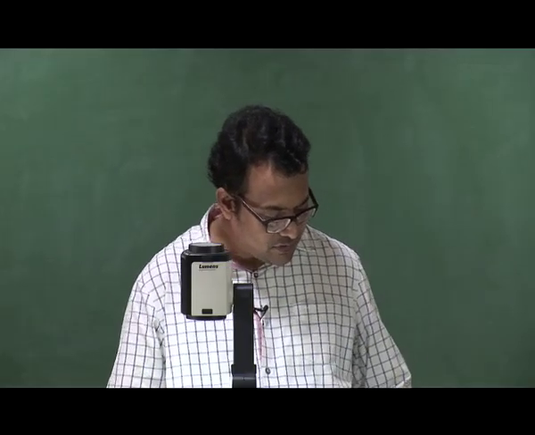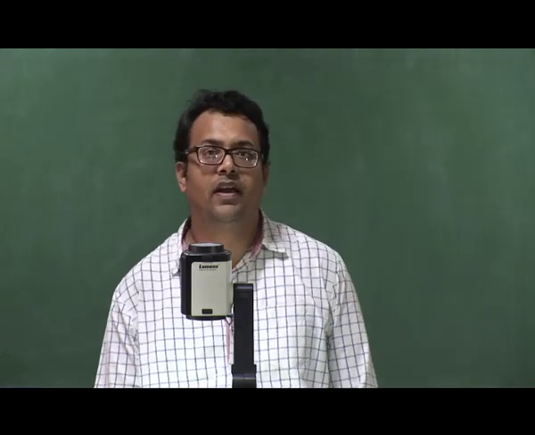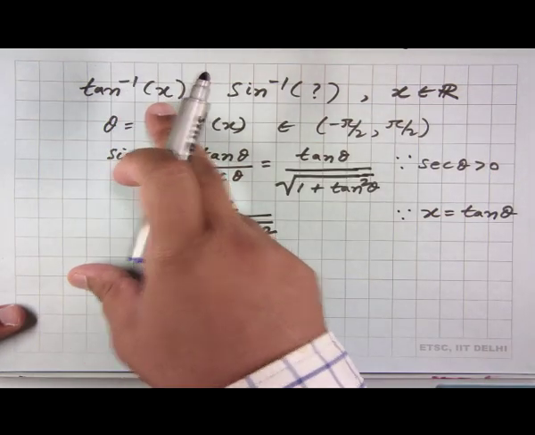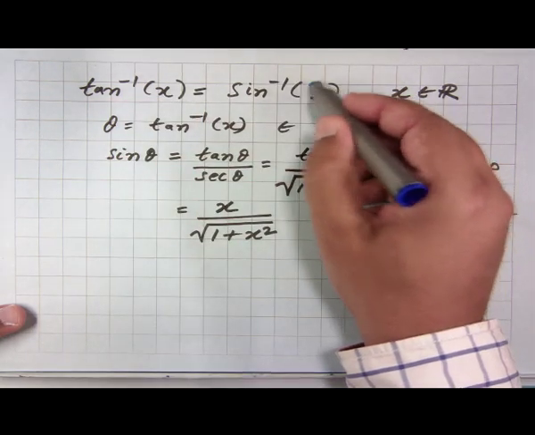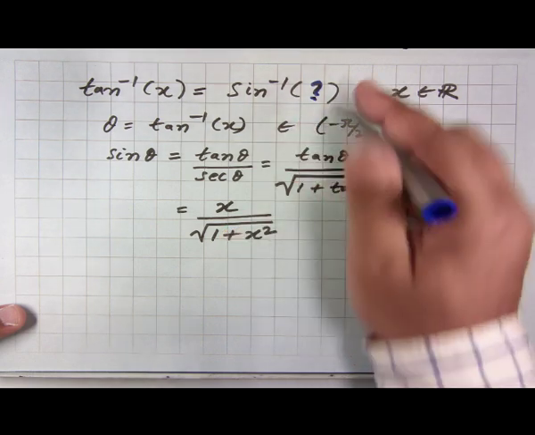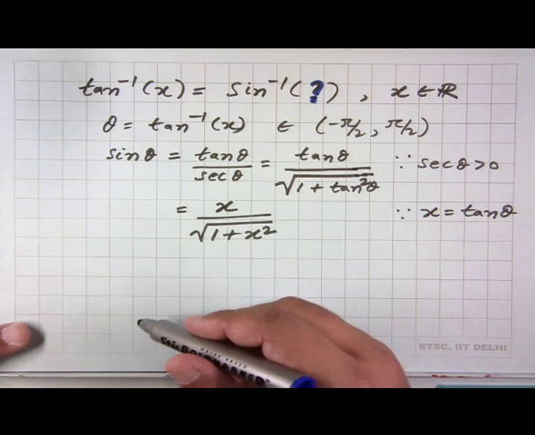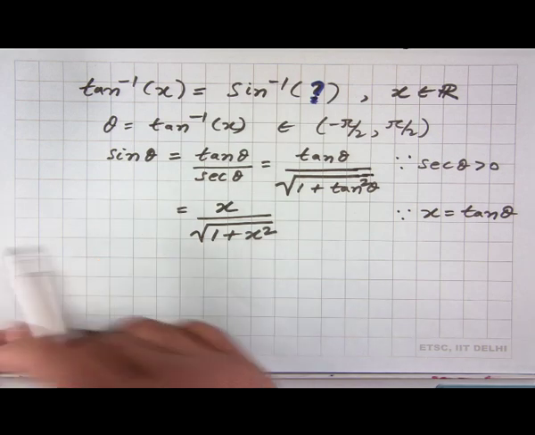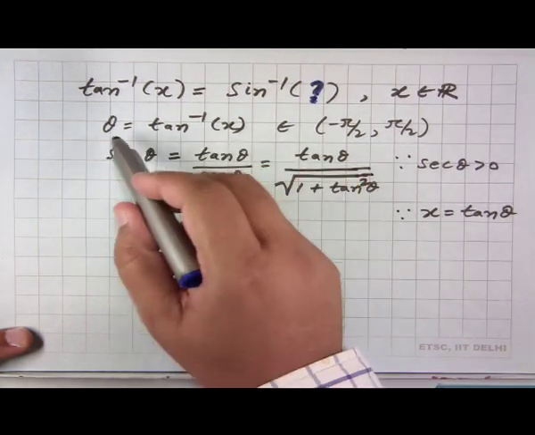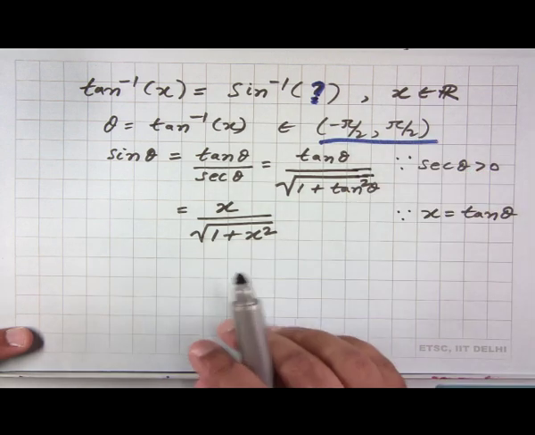And then we have to do the reverse also, which is that suppose we are given some value of x belonging to real numbers, and then we are asked this question: find the argument of the sine inverse function such that tan inverse x is equal to sine inverse of this unknown variable here. So, again we start in a similar manner as what we did earlier. Let us denote tan inverse x by theta. Then obviously theta belongs to the range set of tan inverse, which is the open interval from minus pi by